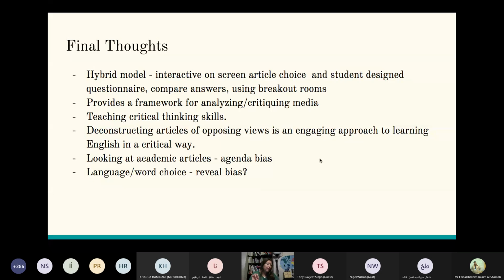All right. So, quick final thoughts before I go into a quick Q&A. I also experimented with a hybrid model where students were able to engage via discussion board, because it doesn't always work to give a final presentation on a video. Sometimes there are technological issues, and so sometimes it helps for students to record their presentations in advance and then post them to a discussion board, and students will have to watch and view them. They still get some of that interaction via discussion board, but they may not get that live presentation that you would in a face-to-face classroom.